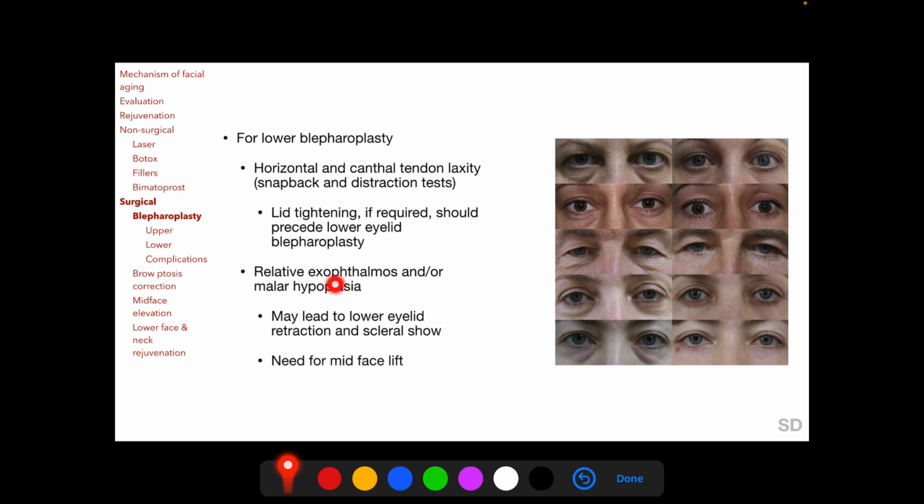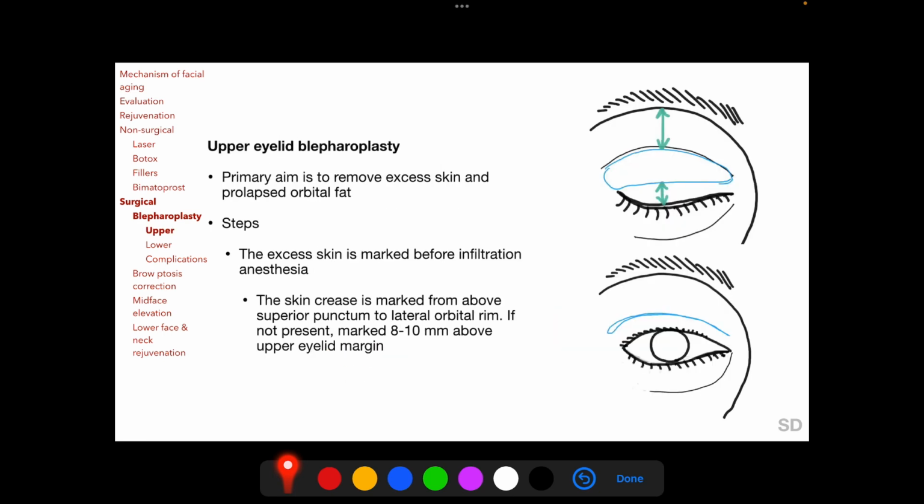Detecting relative exophthalmos and or hypoplasia of the malar prominence is important because if they are present following a lower eyelid blepharoplasty, there can be lower eyelid retraction and scleral show, and a mid-face lift procedure may be required to prevent them from happening. Primary aim of blepharoplasty is to remove excess skin and prolapsed orbital fat, as we have